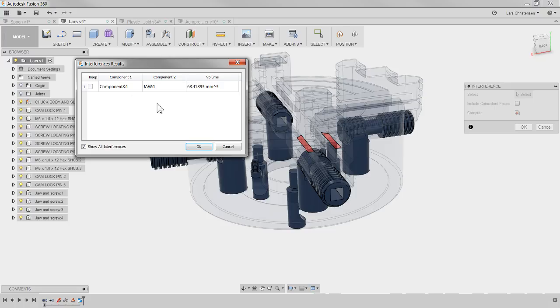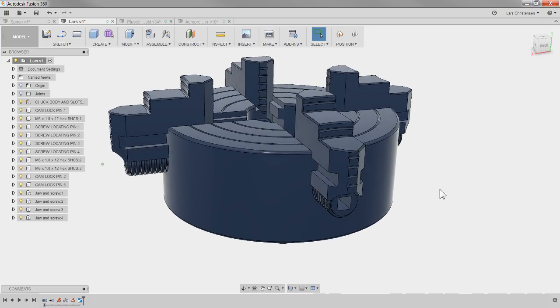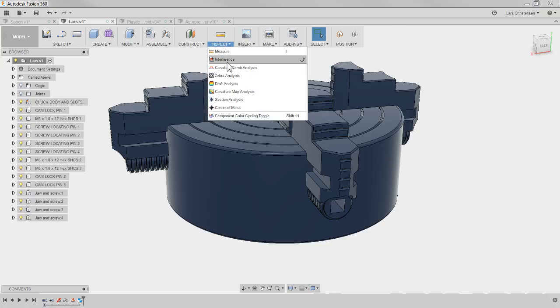I never realized that I had made that mistake. So like I said, when I used to work as a shop floor supervisor designing all these different fixtures for these CNC machines, this inspection or interference tool was absolutely necessary to make sure that you haven't made a mistake. Just to show you that in a section, we can use another tool that is here in the inspect dropdown,